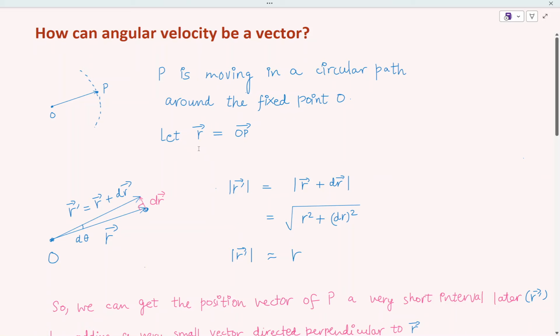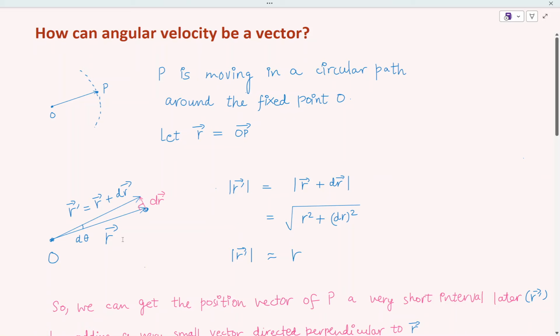Now, what I want to do is, as P moves by a very small distance during a very small time interval, as P moves along the circle, how can I get the position vector of P at that later instant? कि अभी मेरे को पता है कि पोजीशन वेक्टर R है, तो एक छोटे से टाइम इंटरवल बाद पोजीशन वेक्टर क्या हो जाएगा? That is my question. So let me begin by